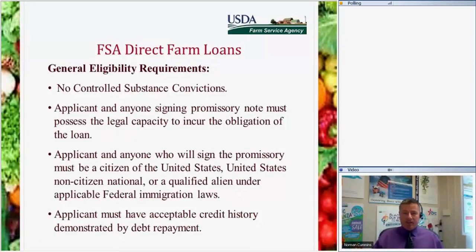That's why we consider ourselves the lender of first choice, because we understand that things have happened in your life. People do get medical issues, and all of a sudden you can't pay your medical bills. One of my last loans that I did, their kid got really hurt in a car accident, and they had a lot of medical bills. So that's just something to be aware of, that we understand that. We just have to be able to justify that. But if you're 20,000 past due on tons of stuff and you've been delinquent for years, we're going to have issues. So just realize that that's something that we will look at.